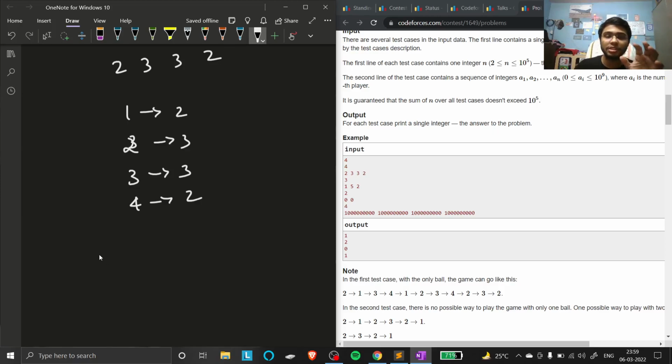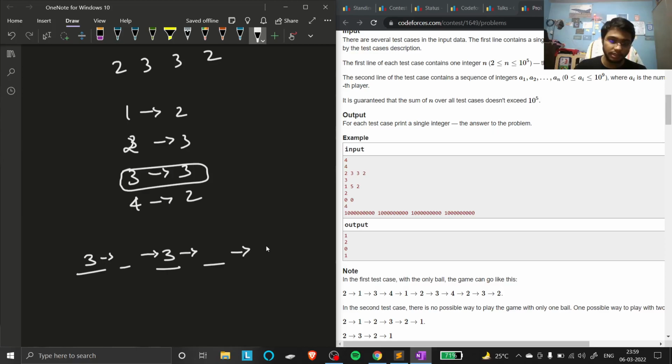So from here you can observe what we can do. We should start with the player who will pass the most. So then only we can give the maximum opportunity to the partner to grab the ball. Like the third will give the maximum passes. So what could be the possibility: the third is here, then the third gives a pass to someone, someone gives a pass to the third again, then again someone gives a pass to the third, and this goes on. So after that, the maximum possibility is completed.